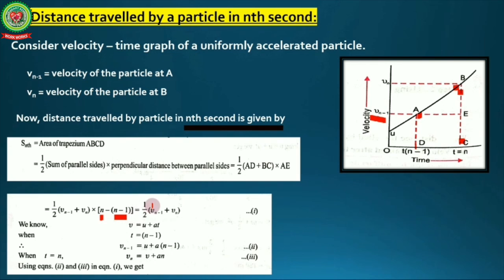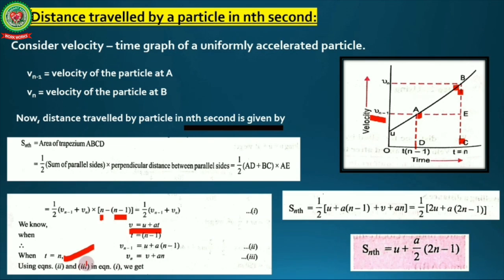After solving it out, we got half (v(n minus 1) plus vn), and we know that v is equal to u plus at again, and here t is n minus 1. So we are going to put here v(n minus 1) is equal to u plus a(n minus 1). Similarly, we'll get vn is equal to u plus an. Here it is u, just correct it. After putting the values of vn and v(n minus 1) in equation number 1, we'll get s(nth), that is the distance traveled by a particle in the nth second, is equal to half (u plus a(n minus 1)), which is the value of v(n minus 1), plus again u